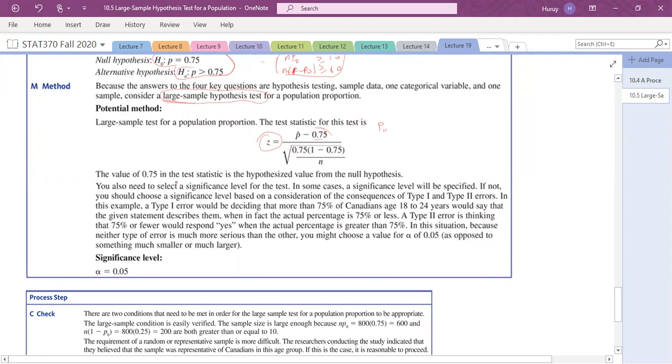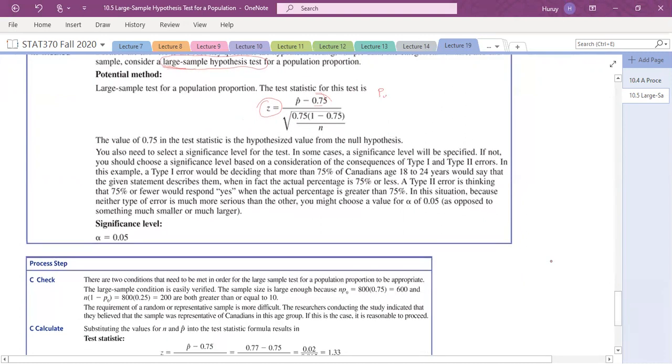And here we have alpha equals 0.05. So the choice of alpha basically depends on the researcher. It's up to you to choose. I mean, if you are a researcher, and in this class or in this course, alpha will be given, or